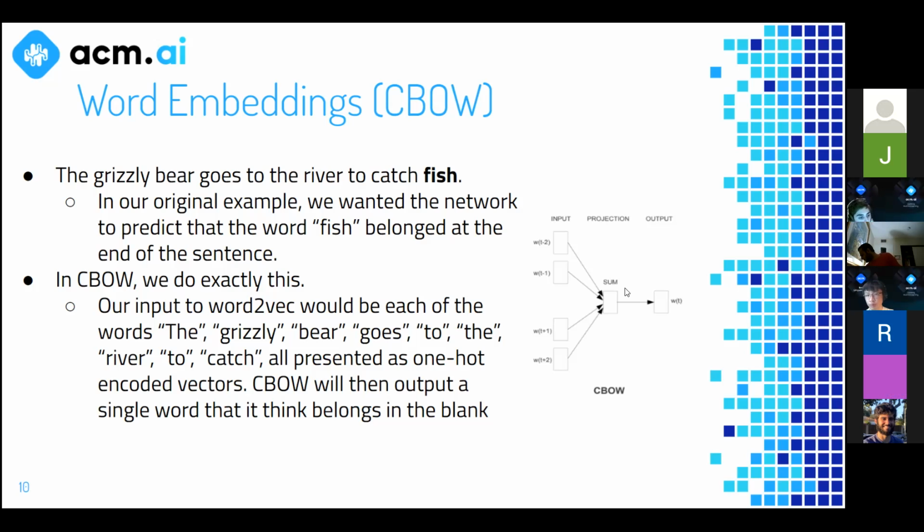So like, where do the actual physical values of the vectors come in? Are they the weights of the network? Yes. So they're the weights. So you learn the weights, right? Let's say you finish training CBOW. Then what you do to get the word embeddings is you multiply the one-hot encoded vector by the weight matrix. You multiply it by that projection, and that'll give you the word embedding for that word,